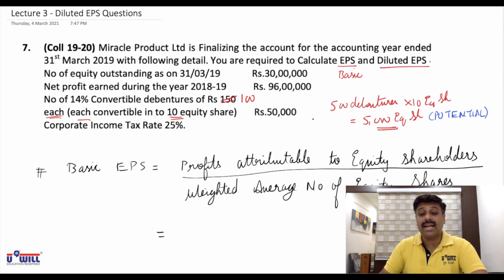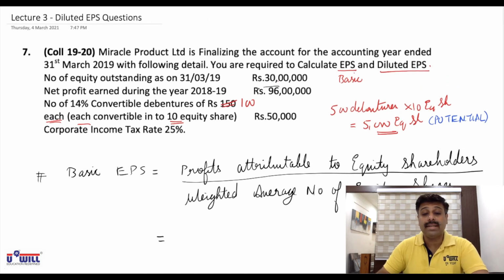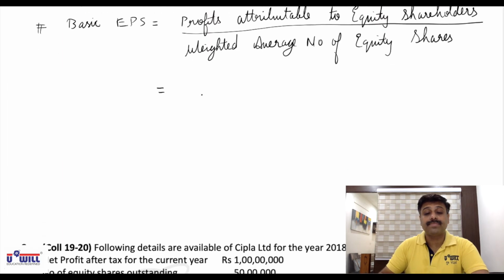Now, what are the profits attributable to equity shareholders presently? 96 lakhs